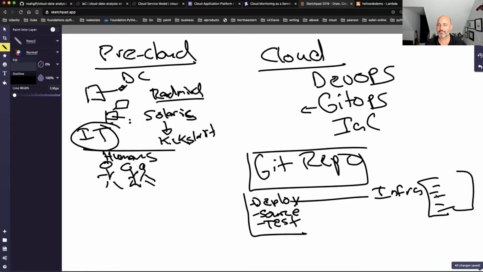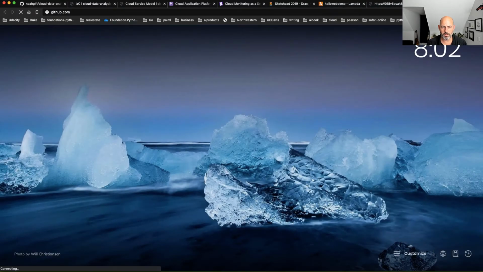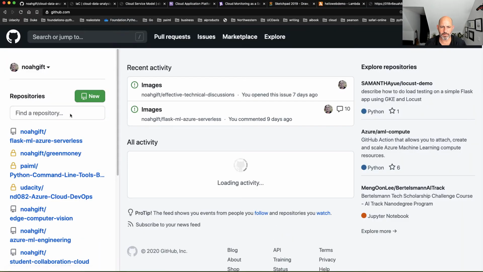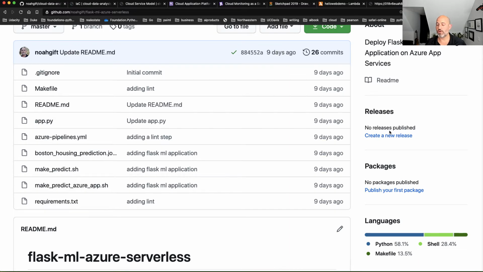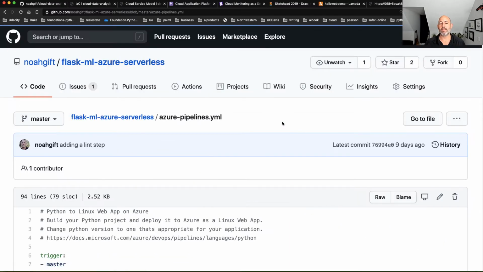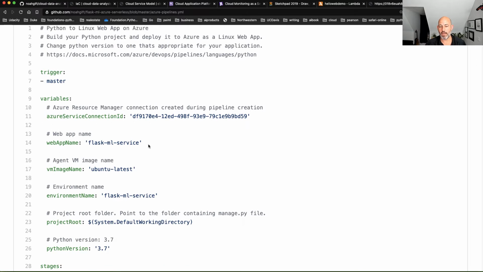And in fact, let me give you an example of this. I have one really recently that I did. And so if we look at the Azure one, that's a pretty good example. Here we go. Flask, machine learning, Azure. Where's my infrastructure as code in here? Well, it turns out all I needed to do was this config file here is infrastructure as code. And what happens is that I define what my web app is in YAML.